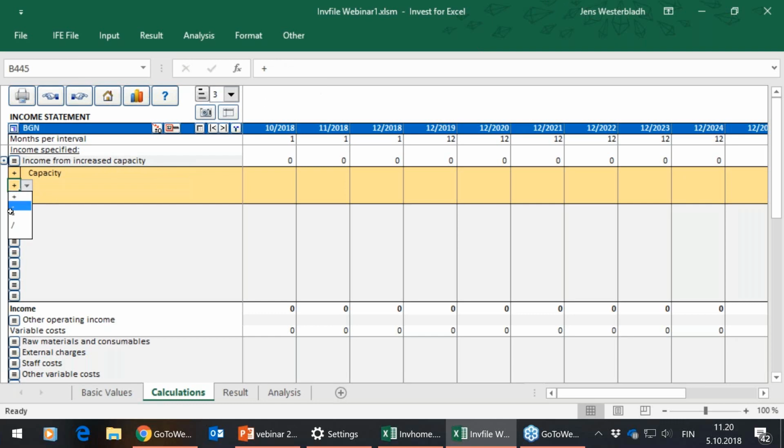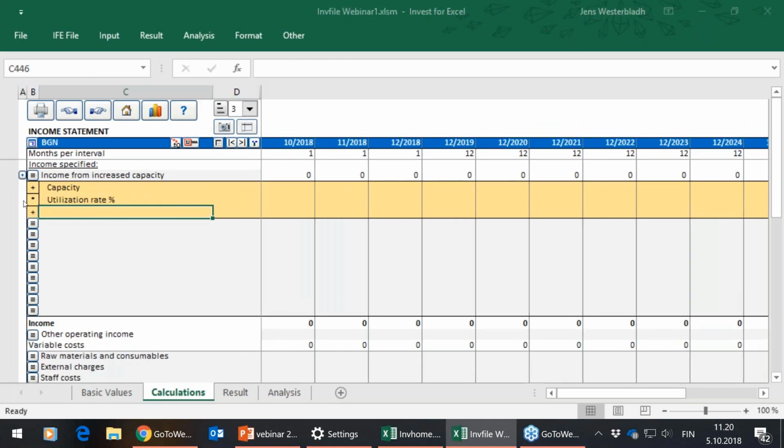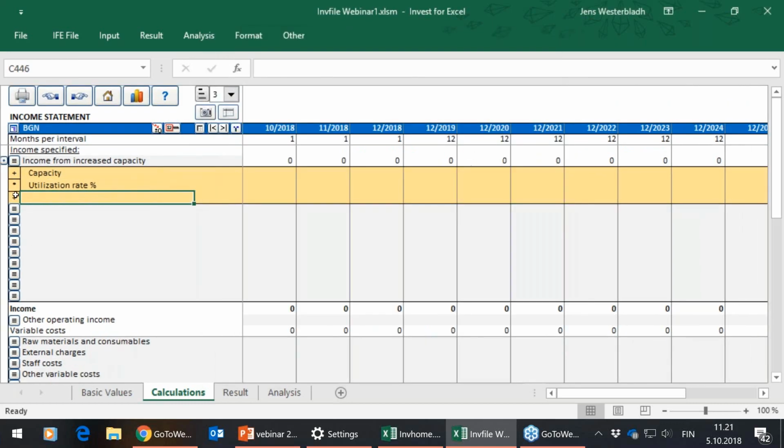So notice here there are operators for each line. I just select which operator, and then I put the utilization rate, how much of the capacity we are using, it's a percentage, and then I multiply with, no, I pressed wrong, but multiply, so I change from plus to multiplication with the price BGN per unit produced or sold. So let's say the capacity on monthly basis is like 1,000